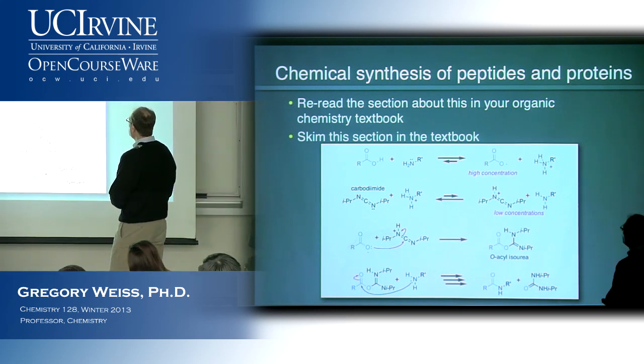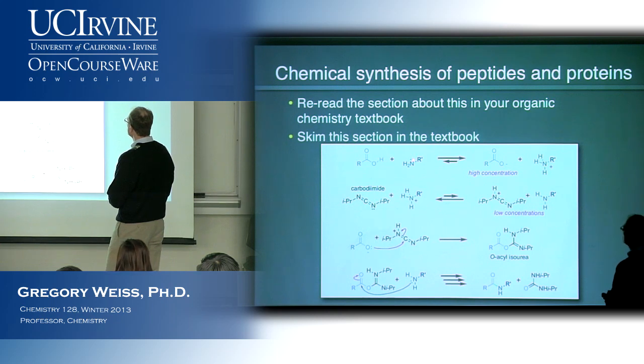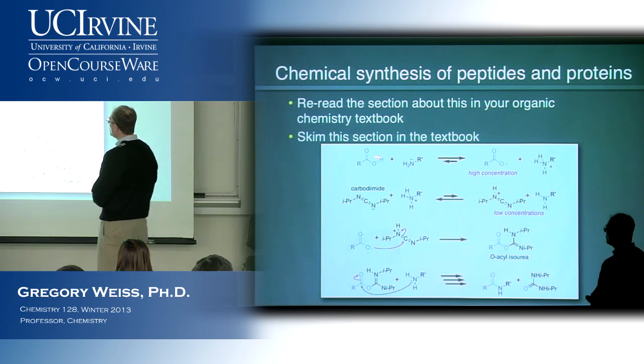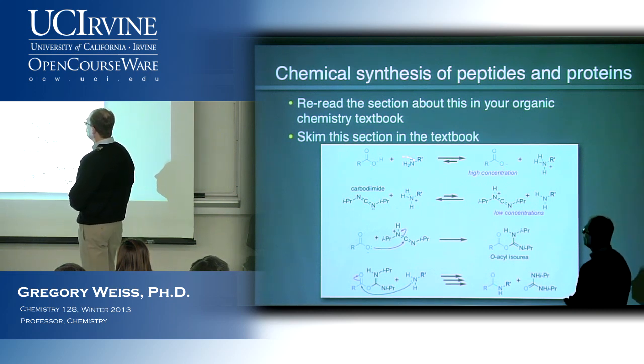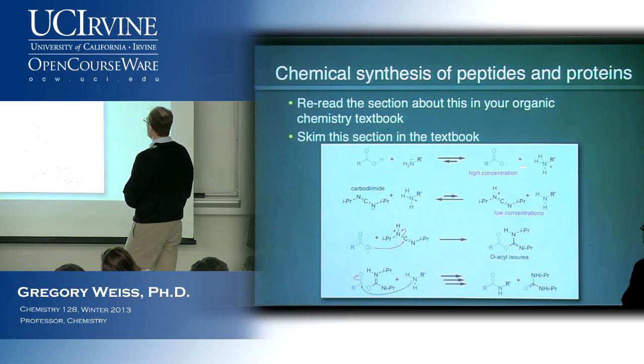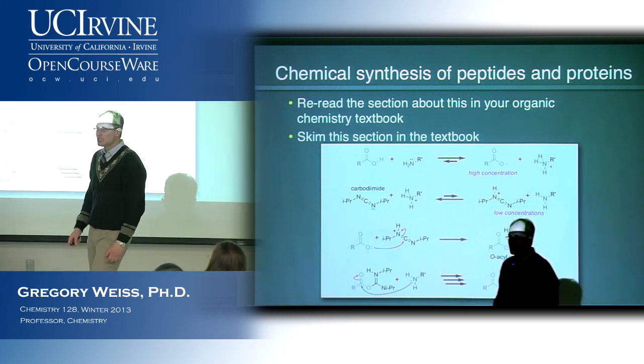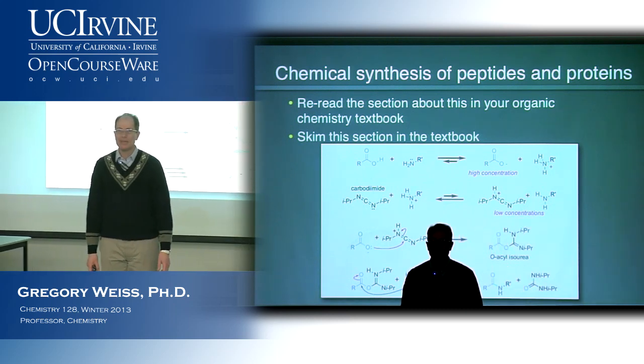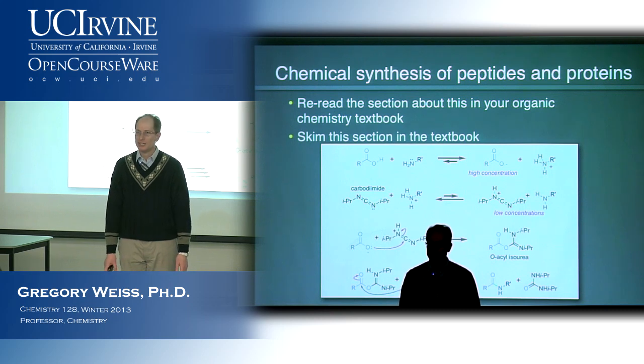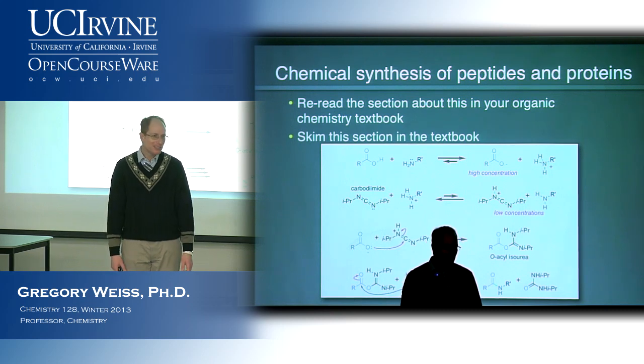What I would like you to know is that if you mix together two amino acids in a high concentration, what will happen is you'll get an exchange where the amine functionality of the one amino acid and the carboxylic acid functionality of the other amino acid will exchange protons. So the proton on the carboxylic acid will protonate this amine, giving you an ammonium ion and also a carboxylate. That exchange happens very, very rapidly, but no amide bond results. You can mix these two together for 1,000,000 years.